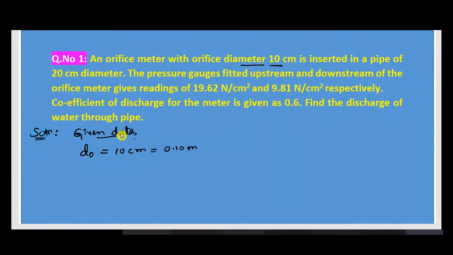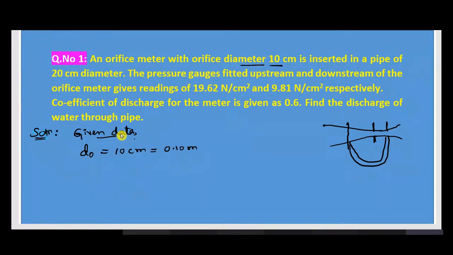And dear students, in the orifice meter, there will be 3 diameters, as you know. One is area or the diameter at the inlet. This is the orifice structure. Here will be the inlet section, and here will be the orifice section, and here will be the outlet. That is section 2. So between these two, a manometer is connected or installed for measuring pressure difference.